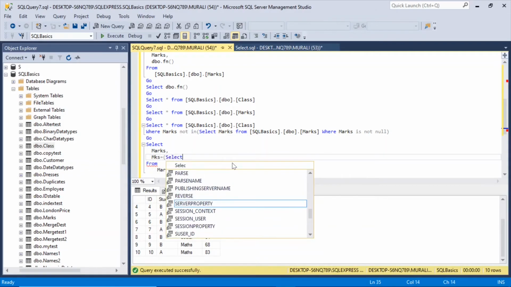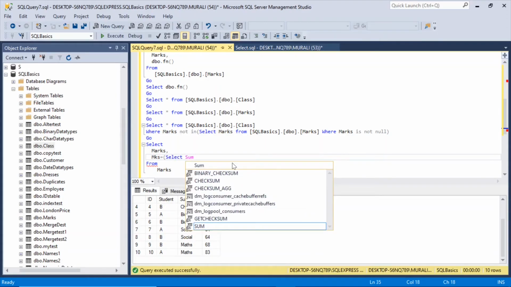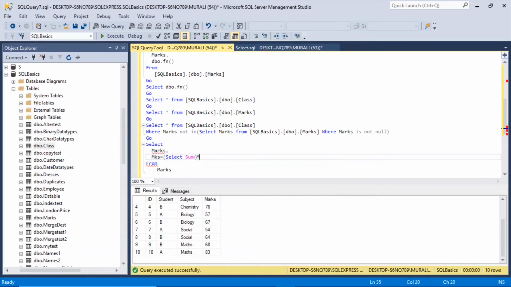Here I'm giving the subquery select sum of marks